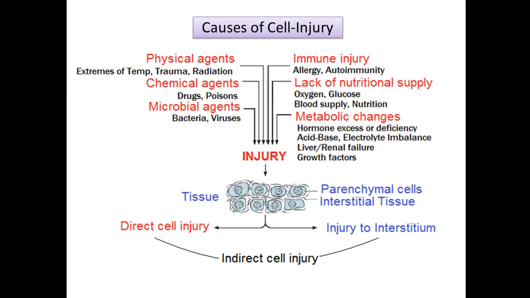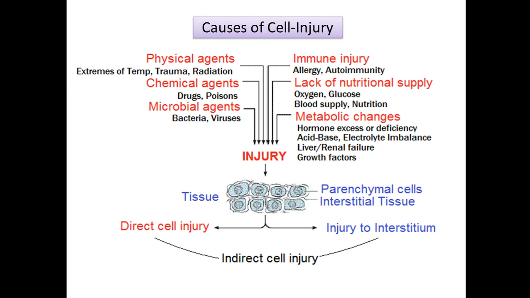If there is hepatic failure or some conditions leading to inability of the kidneys to perform their normal functions, as well as if there is lack of growth factors which are important for the cells to function and grow normally. So if the cells are deprived of these growth factors, the cell will suffer from irreversible injury and will pass first through a state of reversible cell injury, then into irreversible cell injury.